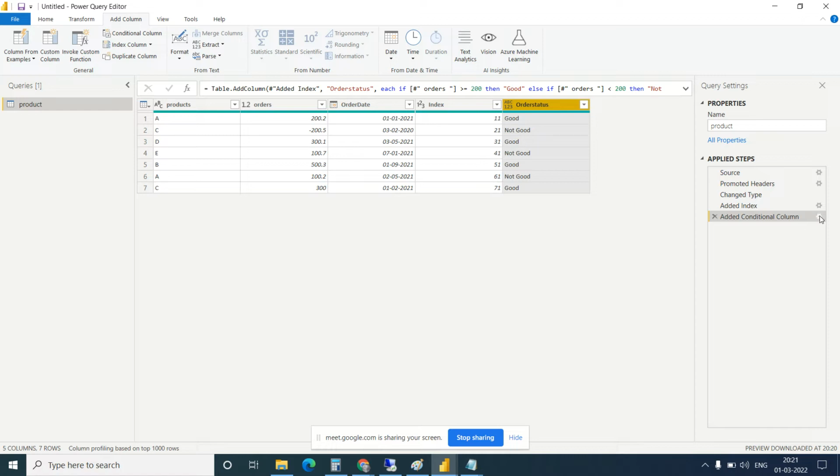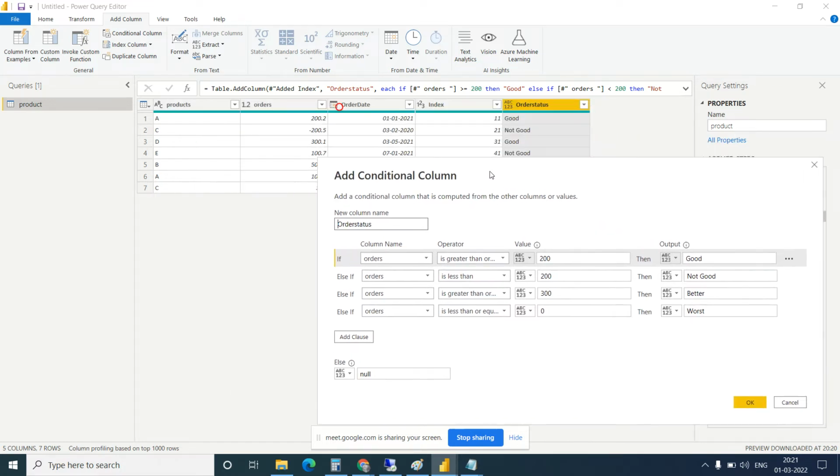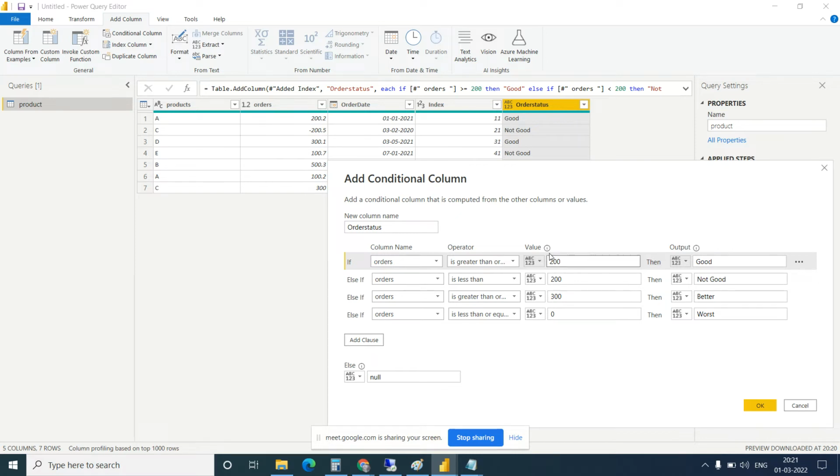Okay, now our condition should be changed for some time. Why? See, how is it matching? First this condition is matching, then the second condition is matching. When it is comparing orders, if greater than 200, it found that it is good, but in the next value there is a minus 200. So the first condition was not matched, right? But when it comes to the second, we said less than 200, which means any value less than 200. So that's why it is taking the not good.